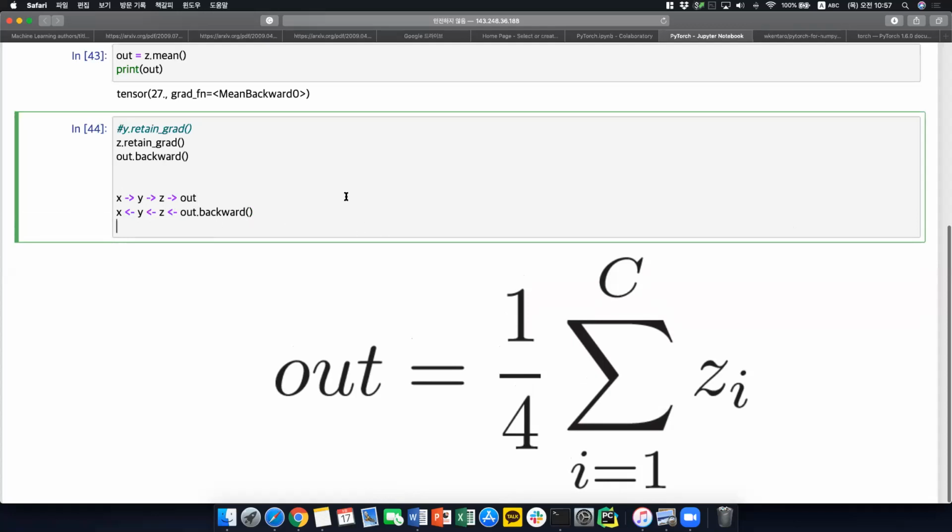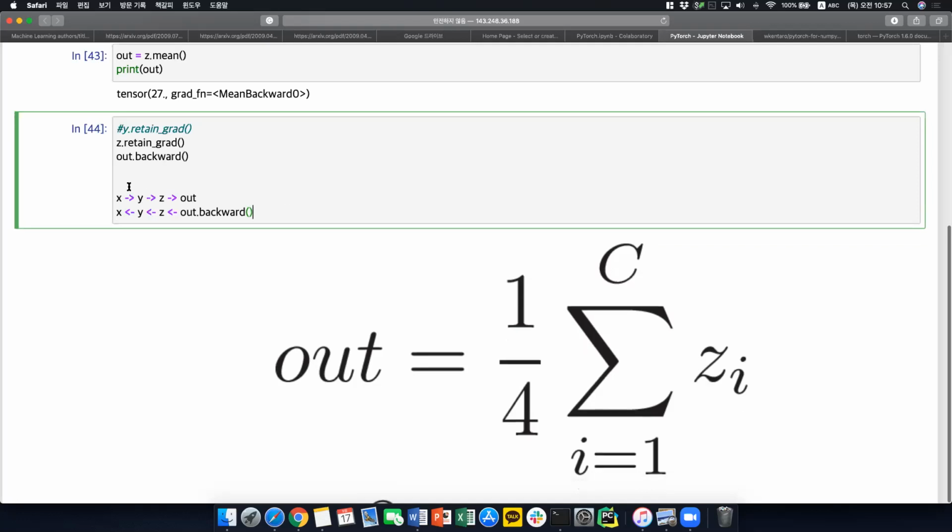So I think, hello? Is there any... Jihoon? Yes. Let me just add one more thing. So when you call backward, what you're essentially doing is